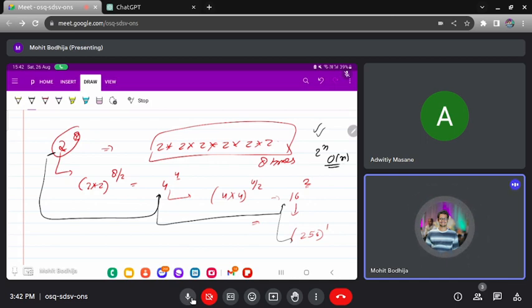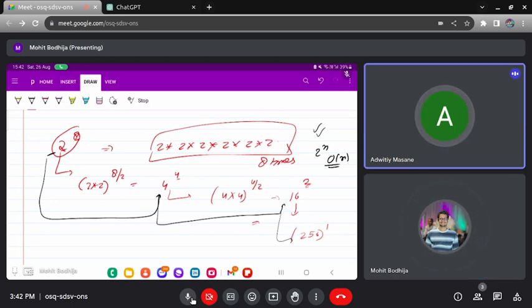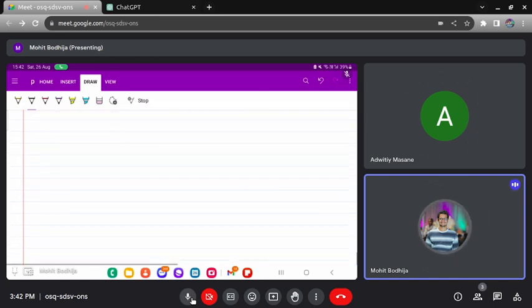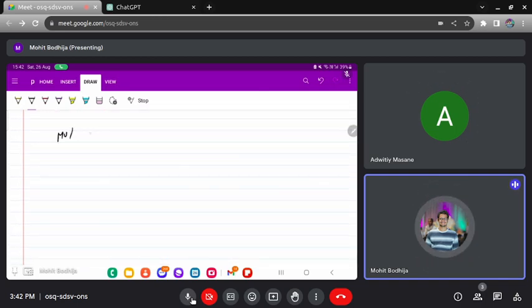Now can you tell me what will be the time complexity if we use this approach? Like 8, then it becomes 4, then 2, then 1. What will be the time complexity? Order of log n. How? Do you know the logic behind this? See, in initial classes I told you that if it is a multiplication or a division by any number, by 2, 3, 4, 5, the time complexity will be order of log of n.